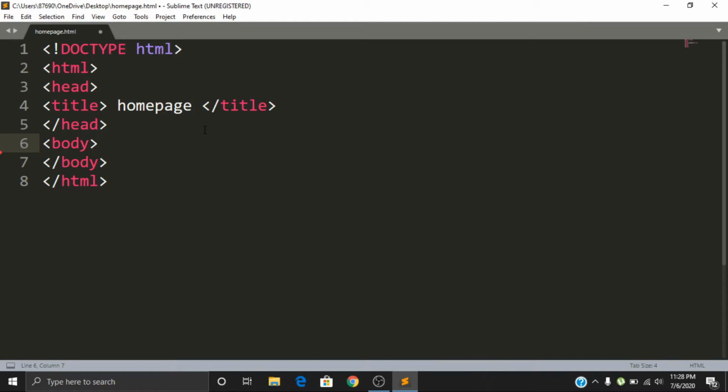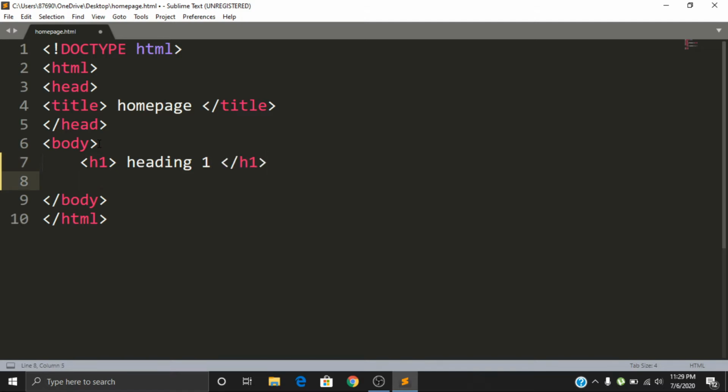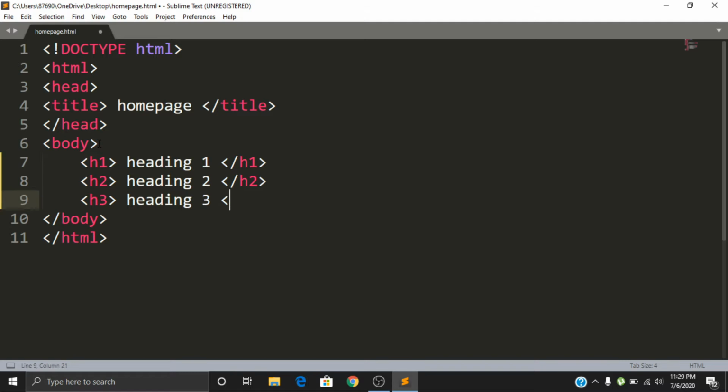So we have created our HTML document named homepage.html and saved it, and its title is homepage, as we have looked at in the previous video. So let's first use heading tags. The biggest heading is H1. So let's use H1, heading 1, and H2. It goes up to 6, so we will be using it up to 6. H2, then H3, heading 3, H4, heading 4,